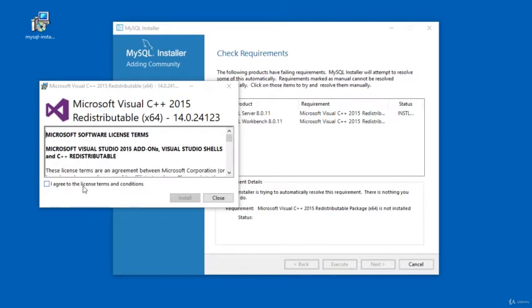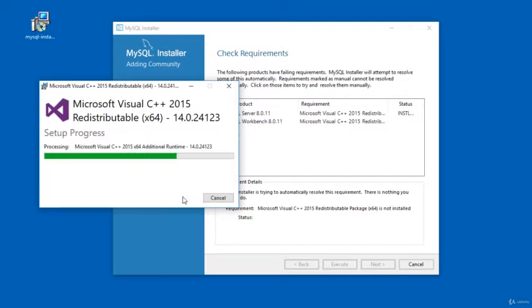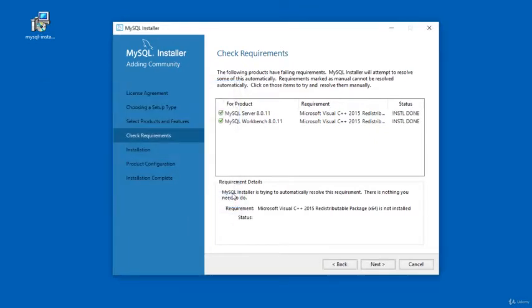Select I agree checkbox and click Install button to install the required software. Close the window. Once all the required software installed successfully, click Next button.